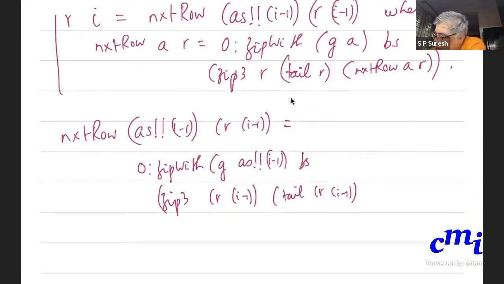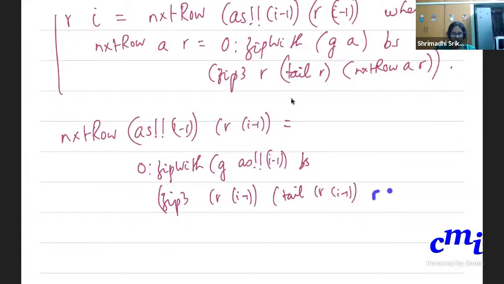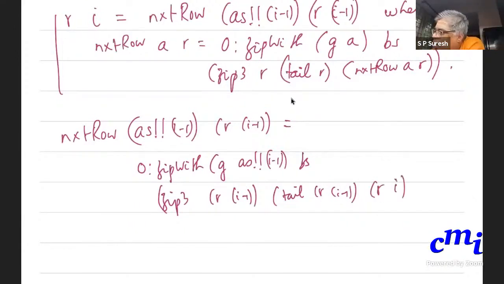So this last thing will actually become next row of As at i minus 1, Ri minus 1 when you substitute. But then that is nothing but Ri as we have defined it. So that is what establishes the correctness of your definition. And let me get back therefore.